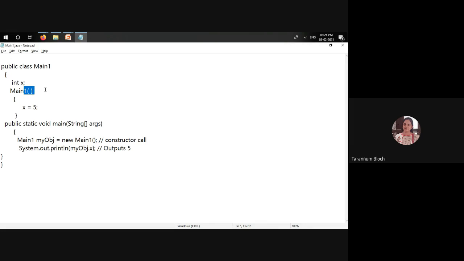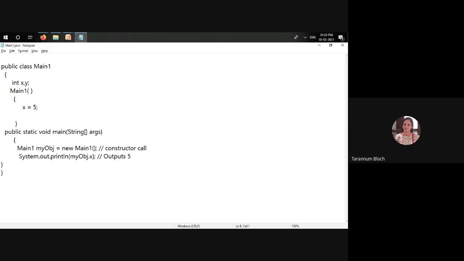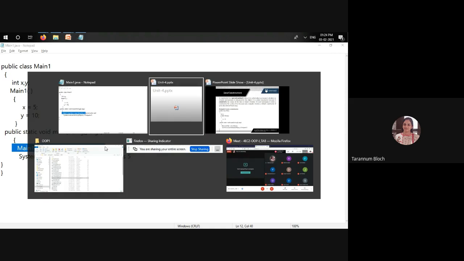The major task is that it allocates the memory. So here, instead of x, if I would have taken 2 values, I would have assigned 2 values in the code part also. And even if I'm not writing this, still the memory for x and y will be allocated, and the default constructor will be invoked automatically by your compiler whenever we are creating an object. Is it clear?